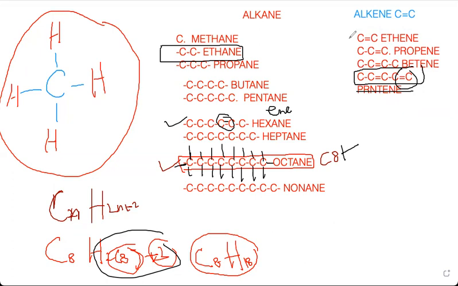Same with octane. If there are 8 carbon in a chain and all carbon are joining other carbon with a single bond, you can call it octane. But if you can see any double bond in an octane chain, that is octene. So this is so simple. This is all about alkane and alkene. This is the basic of organic chemistry. Other than this, the main thing which you should know in organic chemistry is the structures, the formulation of organic compounds, or the structures of hydrocarbons.